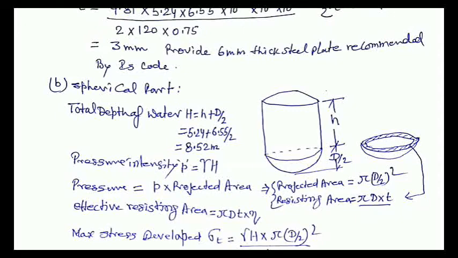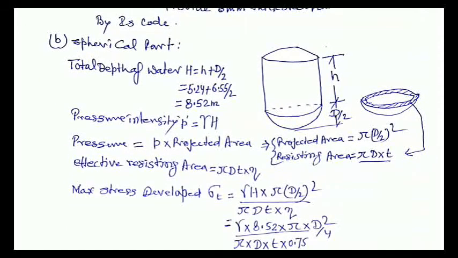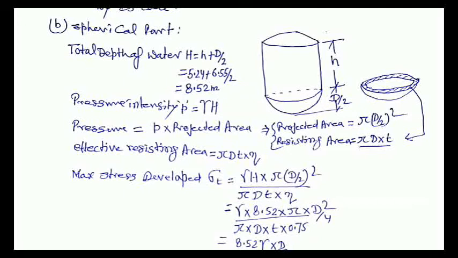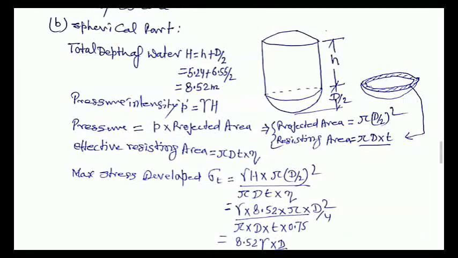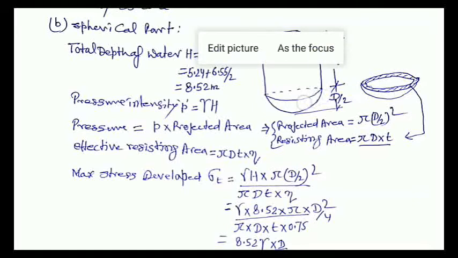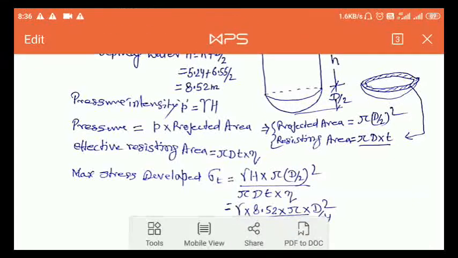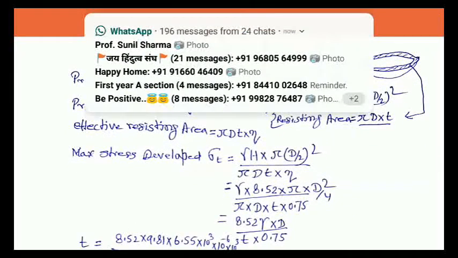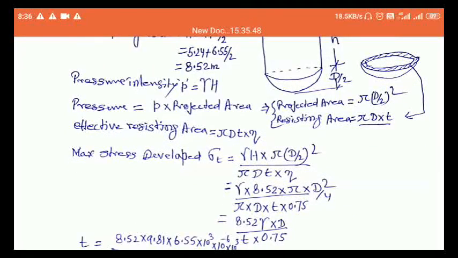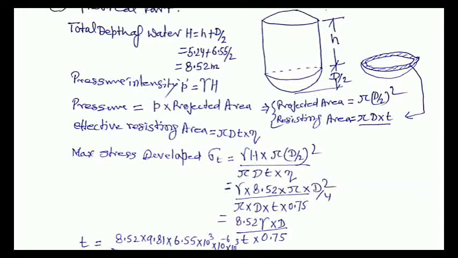Now come to the spherical portion. Spherical portion you may see here in this picture. This is the hemispherical portion, and this hemispherical portion will be connected to the cylindrical part here, and it will give the strength to the cylindrical hemispherical portion. So we have to calculate the total load on this hemispherical part here.